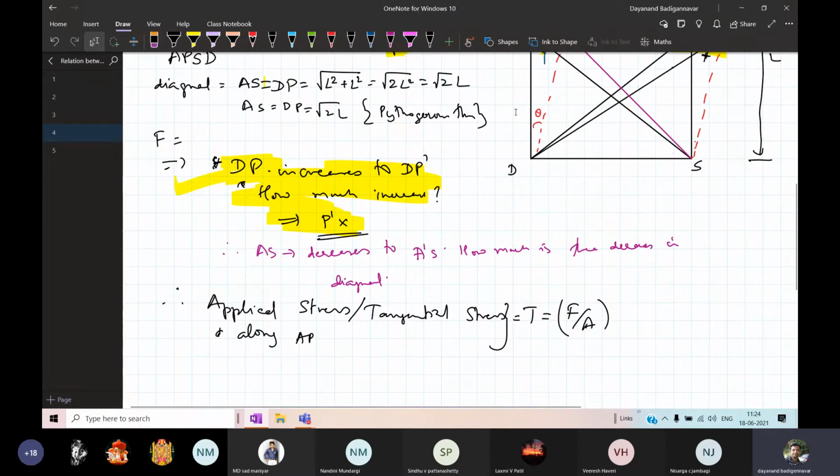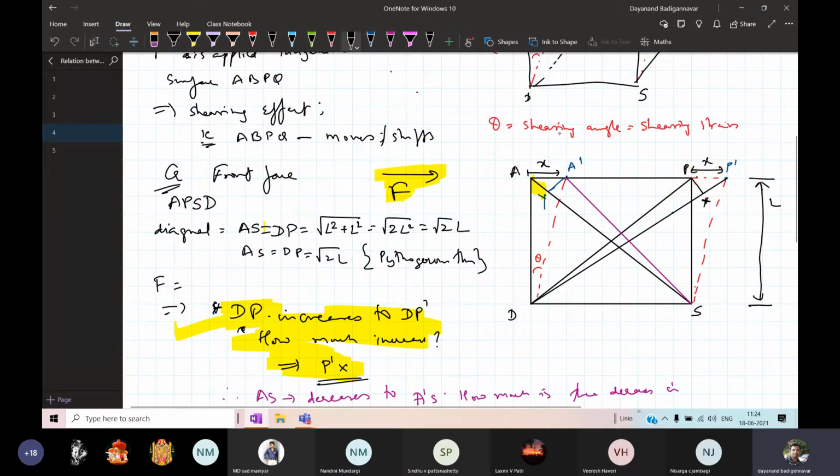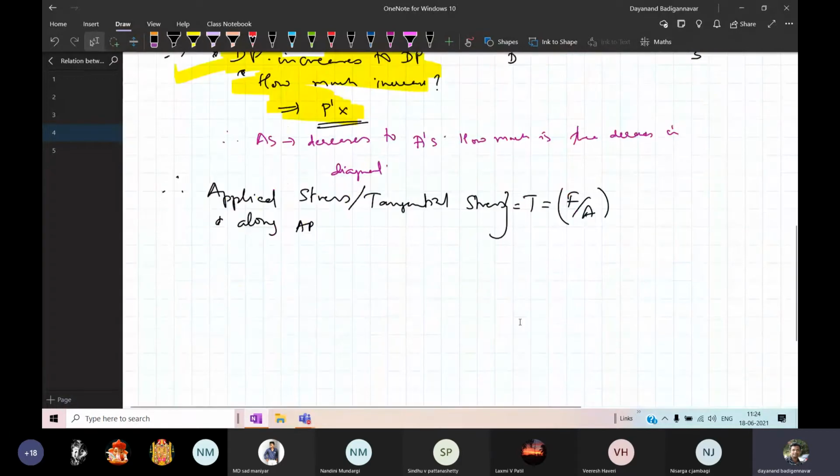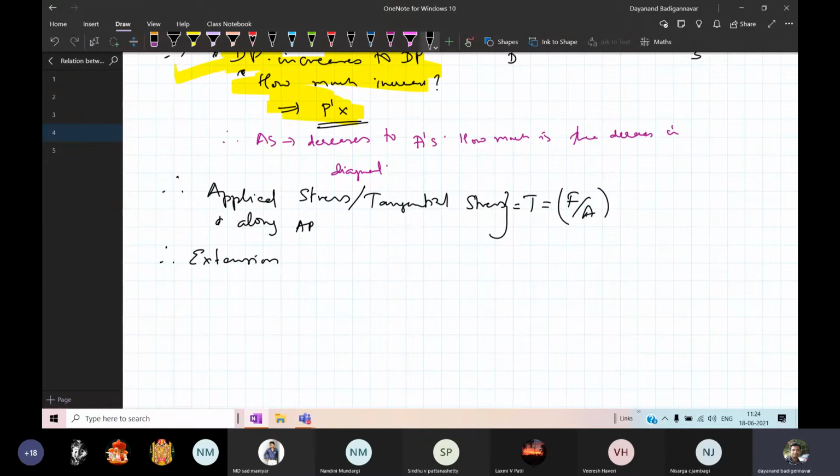Now you go for the diagram here. Go for the extension that is produced. Let us find how much the extension is. So, the extension produced, that I have to find. I told you how to get it. It is P dash X. This is the extension that you have. So you just remember this equation. This is the highlighted point: the total extension that is produced. Got it.